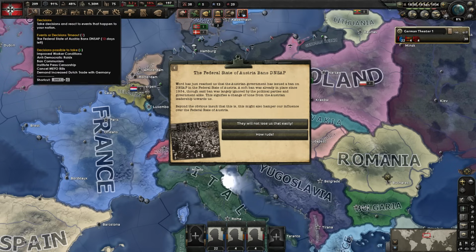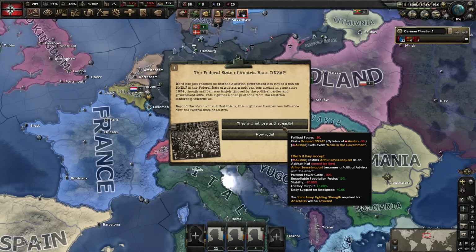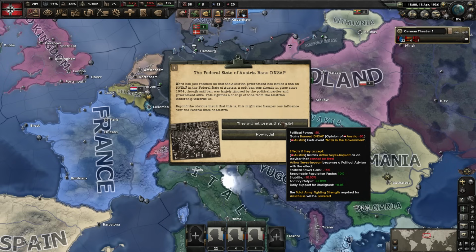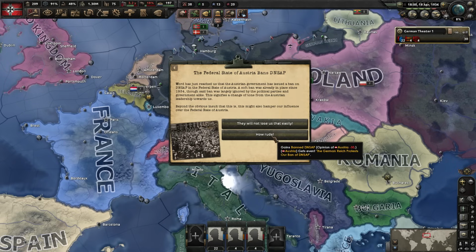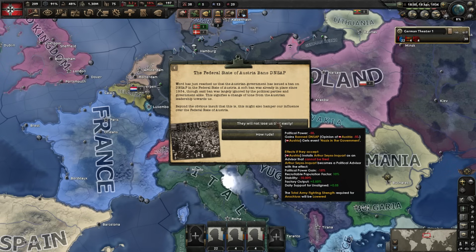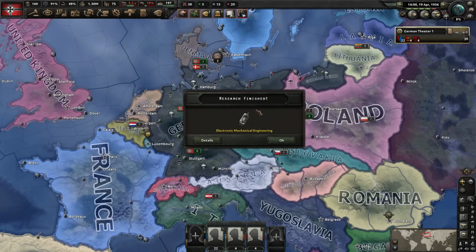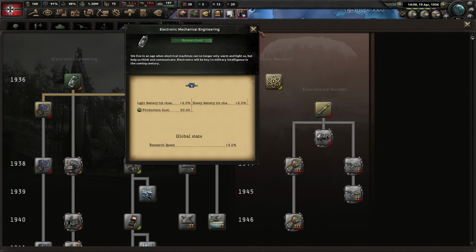It's one reason to try to keep some political power while you're dealing with this Austria situation. If they accept this, they'll get an advisor they cannot fire, and it will be easier for us to annex them. Or we can just say how rude. We're going to go with this option, though I'm assuming that they're not going to accept, considering the route we sent them